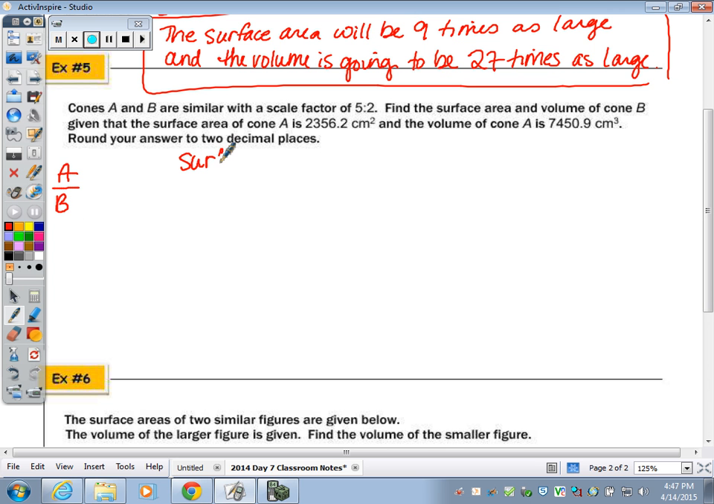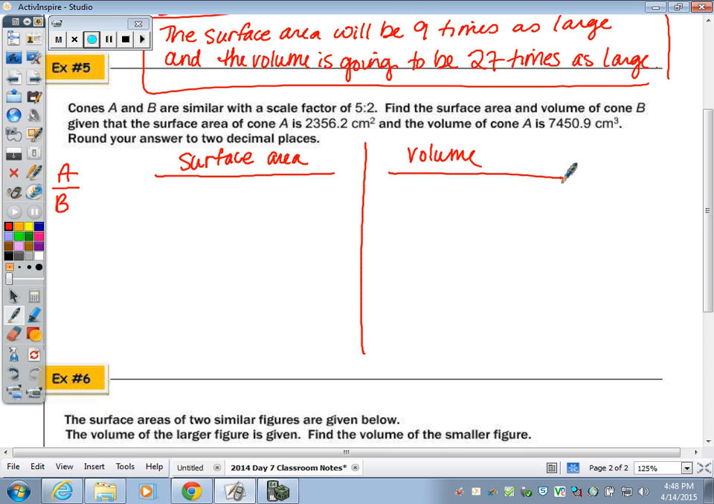I'm going to break it up into 2 columns here. Okay, so we're going to find the surface area and volume of cone B, given the surface area and volume of cone A. So for the first part, we know that when we take the scale factor of 5 to 2,